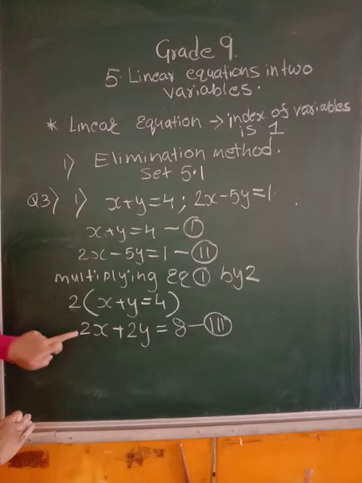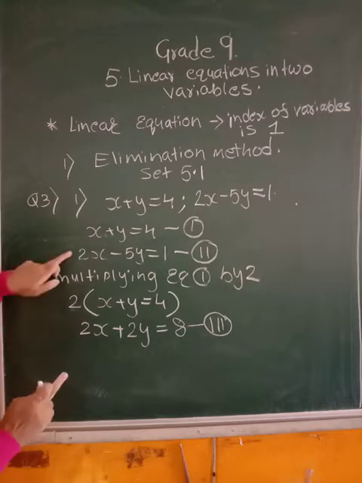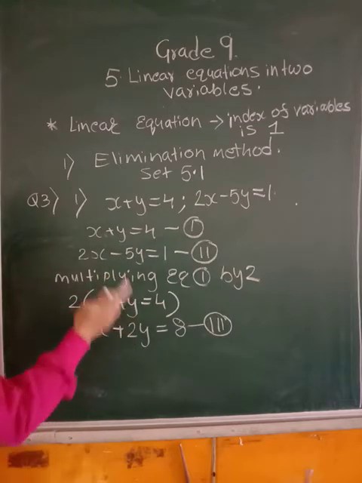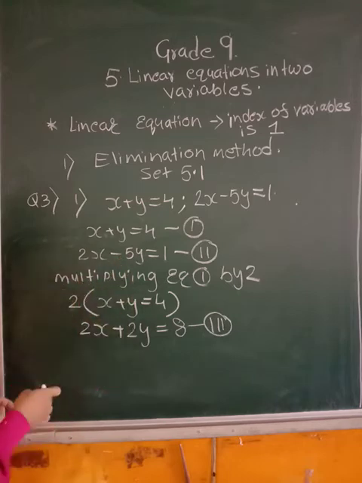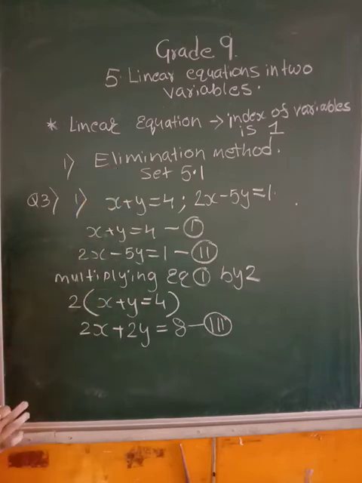So that 2x minus 2x will give you 0 and you will get rid of x, and only y will remain. If you do addition of this 2x plus 2x, I will get 4x. And if I add this 2 again, then minus 5 plus 2 again, I will get minus 3y. We are not able to eliminate any variable. What is the heading? Elimination. You have to eliminate one variable. Are you understanding me? Now, to eliminate the variable,